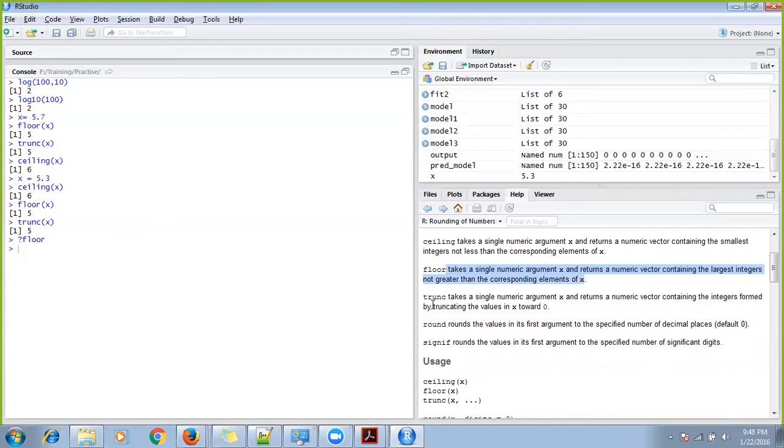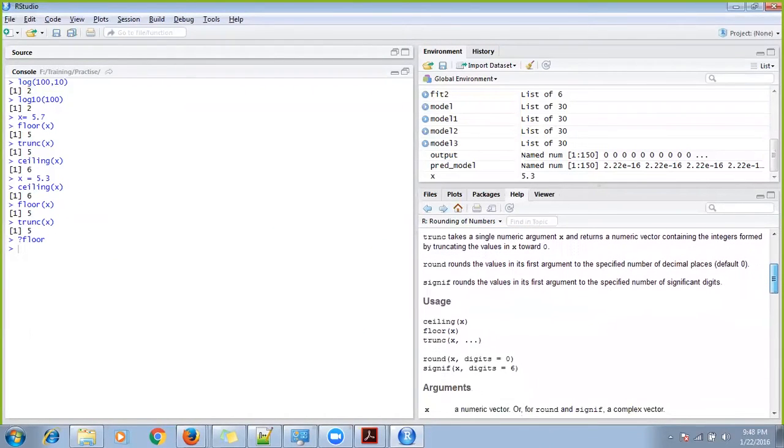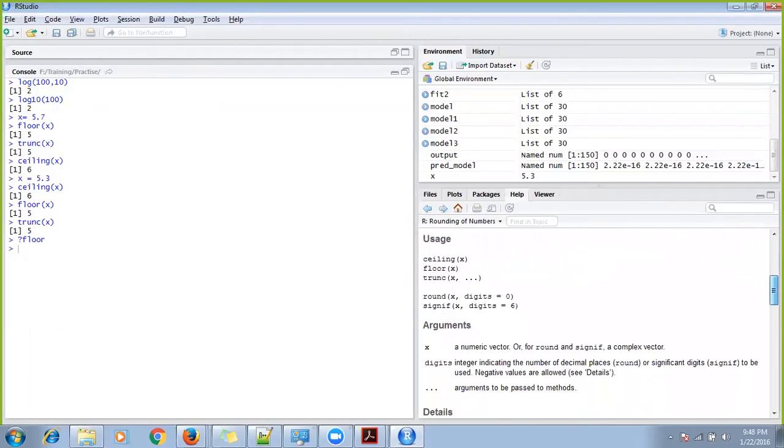Trunc returns the integer formed by truncating the values in x toward 0.